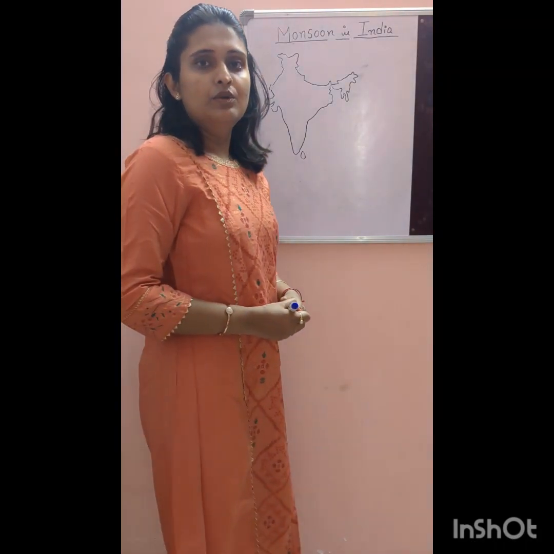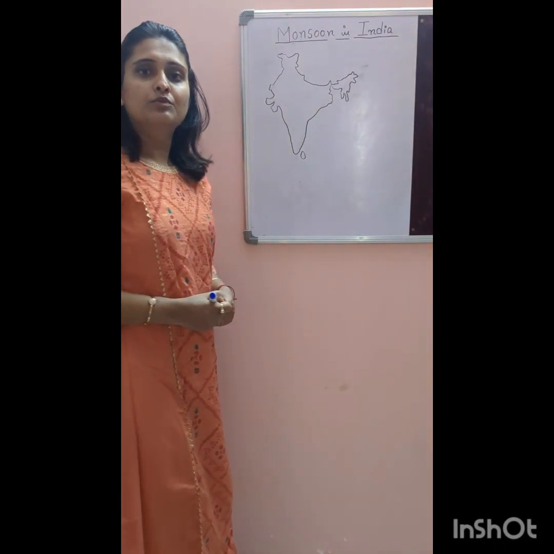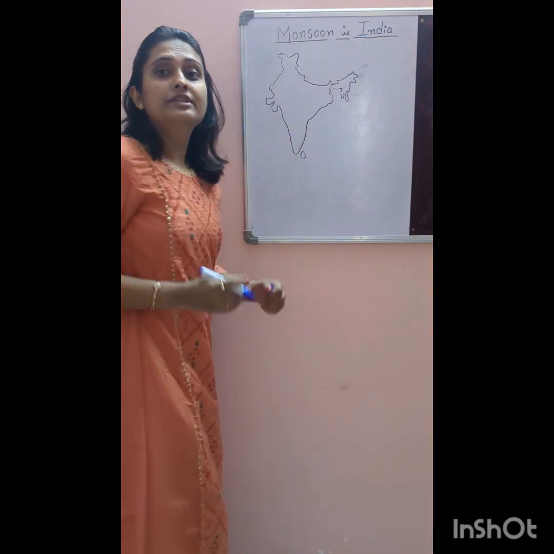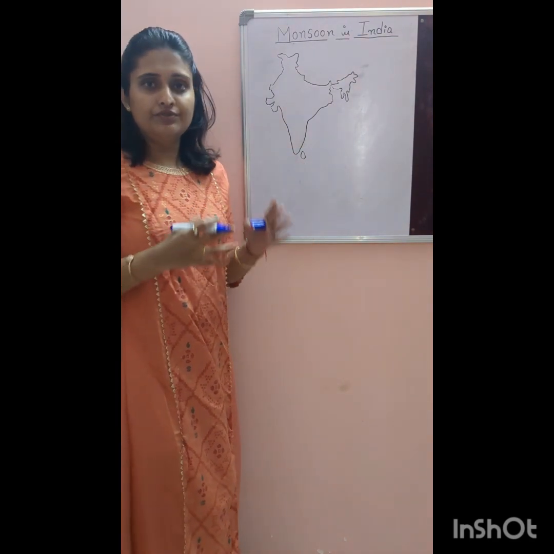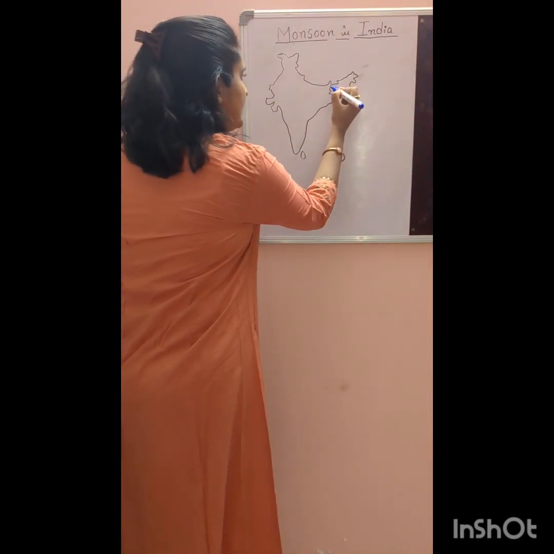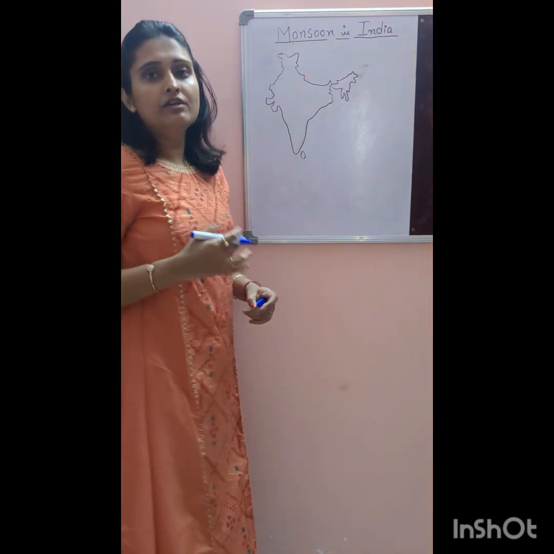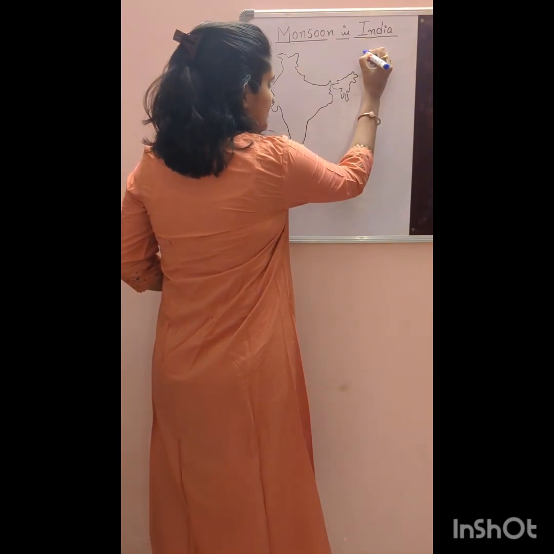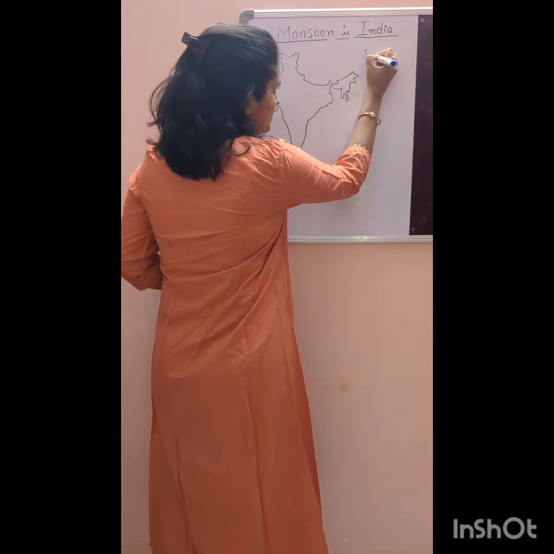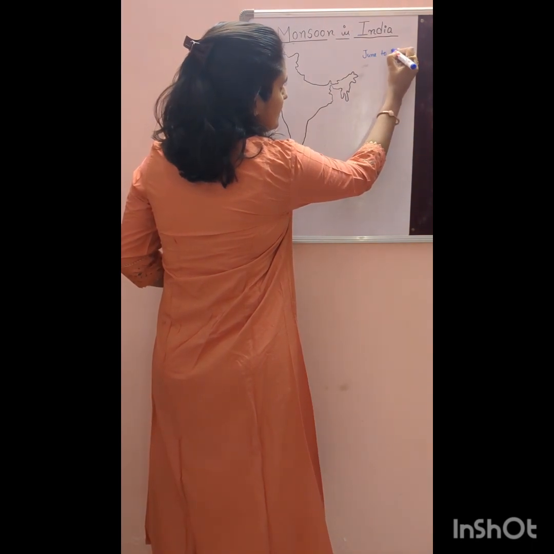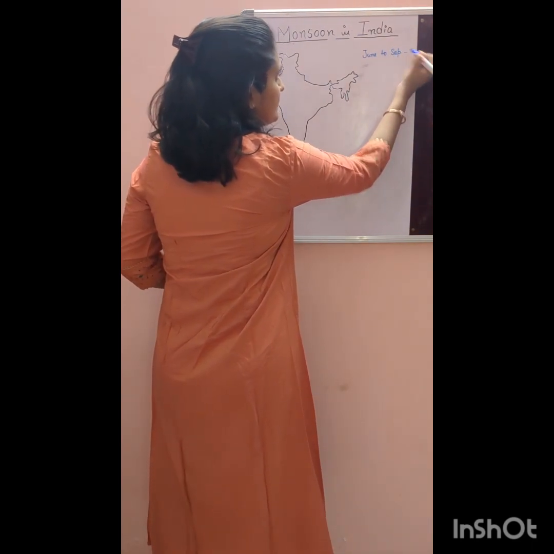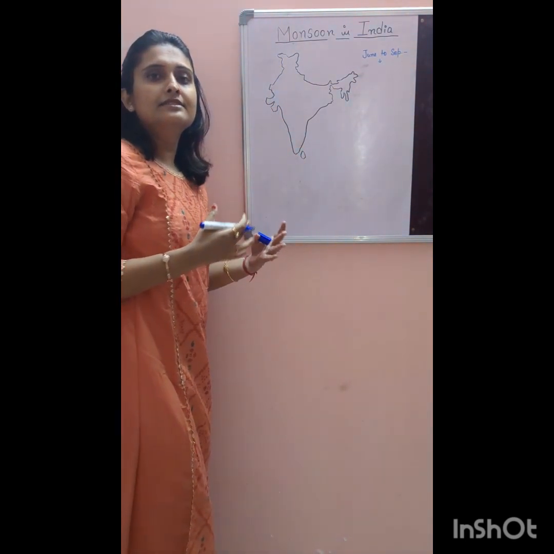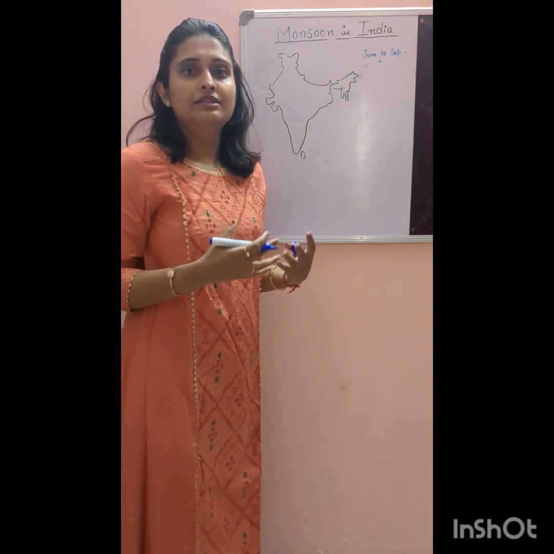In today's lesson, we are going to explain the monsoon in India. First of all, we all know that India is located in the monsoon region. Here, we observe the monsoon during the rainy season, that is, from June to September. This is the fully rainy season, and this rainy season in India is fully dependent on the presence of the